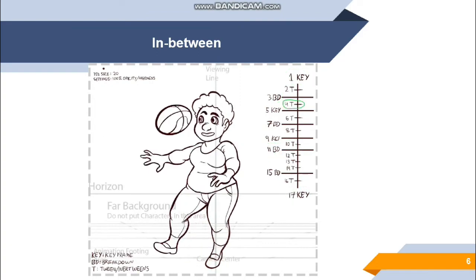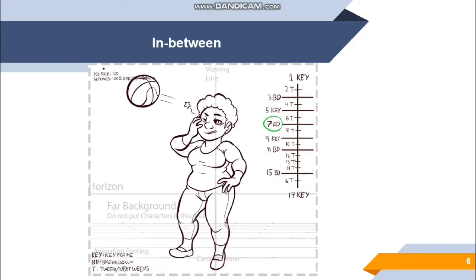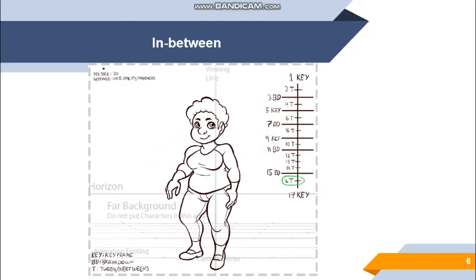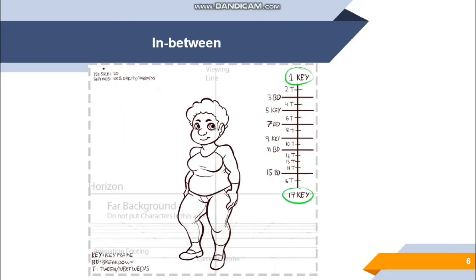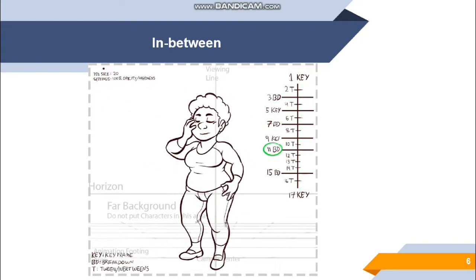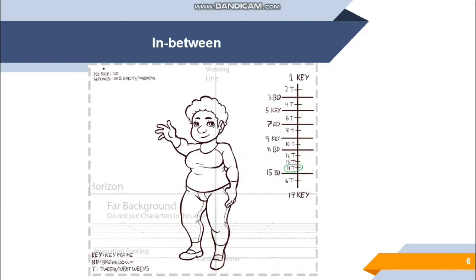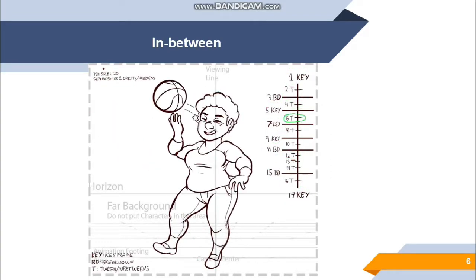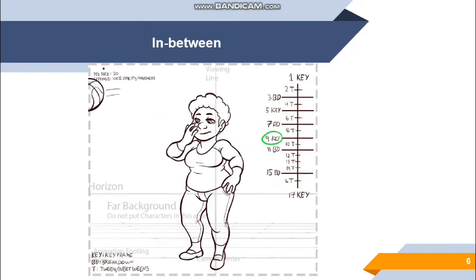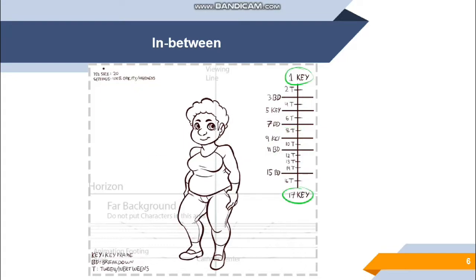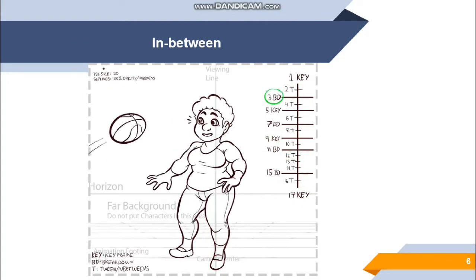As you can see, our twins are indicated by odd and even numbers, but our key poses are indicated by odd numbers, because on our timing chart, when we are creating those key poses, each of the key poses is indicated by odd numbers. So that's how you create your keys in drawing and animation. Your twins actually make the drawing smoother. So the more twins or in-betweens you have, the smoother the action will be.